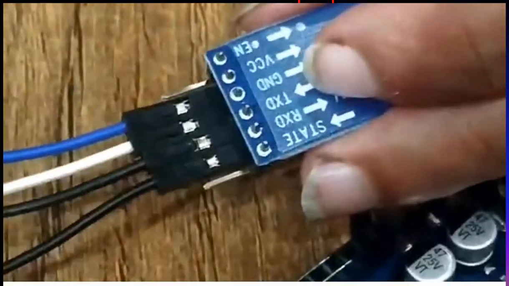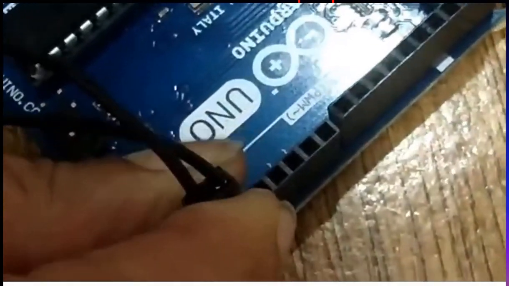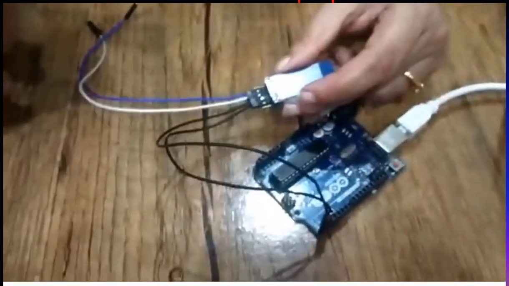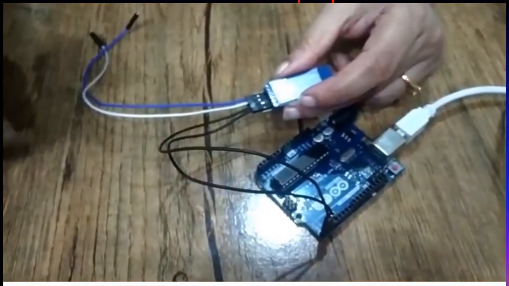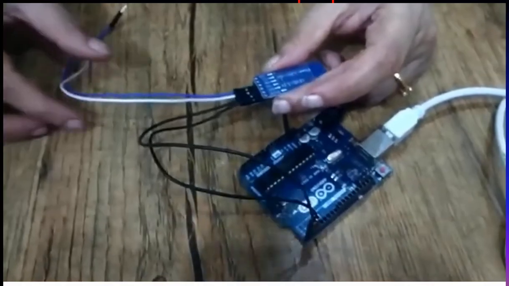And TxD of the HC05 should be put in RX of the Arduino, that is pin number 0. These 2 connections are fixed, you cannot change them. TX should be in RX, that means transmit should be in receive, and receive should be in transmit, right?